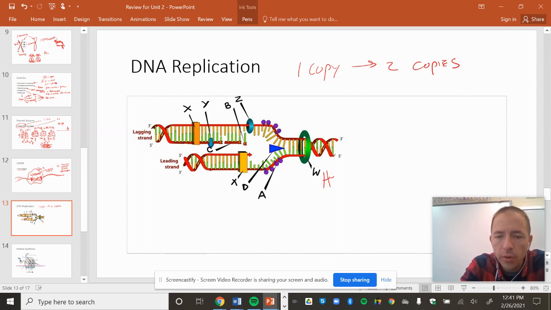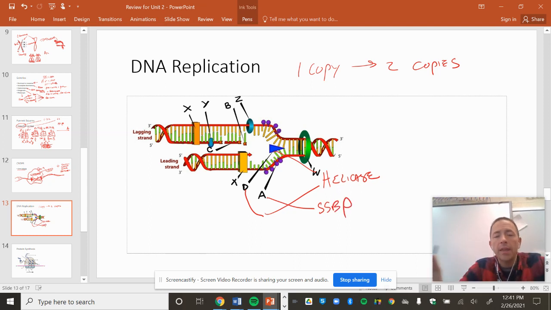So W here, actually, W is called topoisomerase, but I digress. D in this picture is going to be called helicase. So helicase unwinds our DNA for us. These are called single-stranded binding proteins. We didn't really talk about them too much in this class, but they're going to keep that fork open so that we can actually get in at the nitrogen bases so that we can replicate them and lay the new